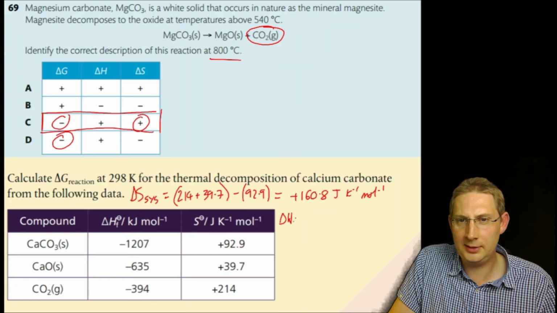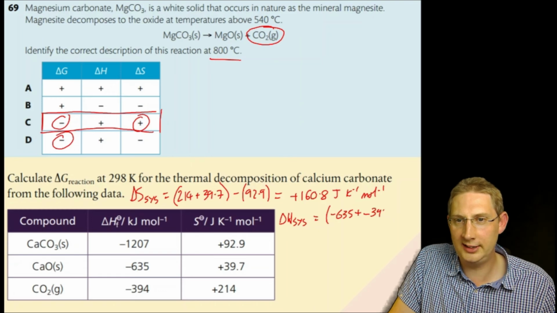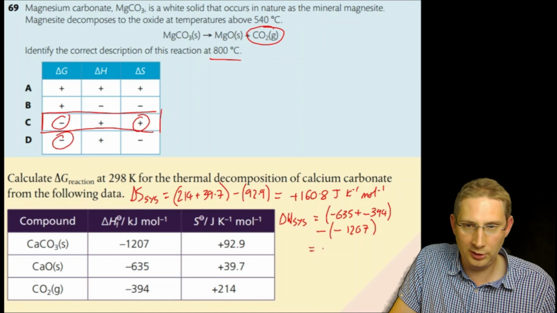DeltaH system is again products minus reactants, so minus 635 plus minus 394 minus 1207. Lots of opportunity for you to make a mistake there, and that equals plus